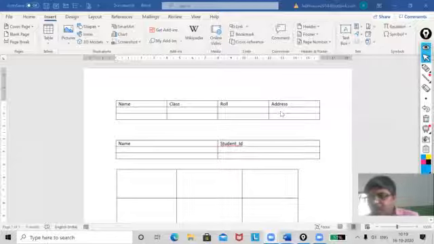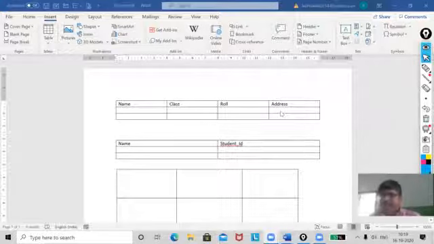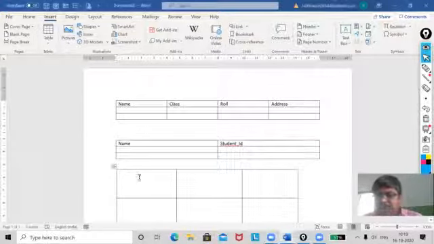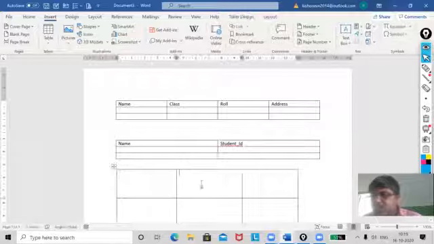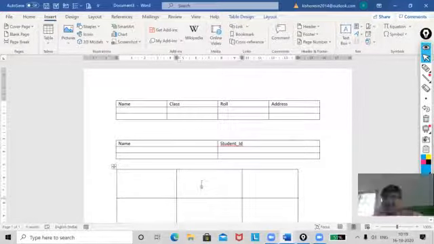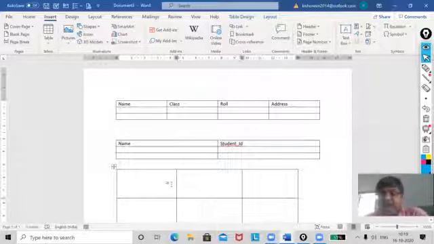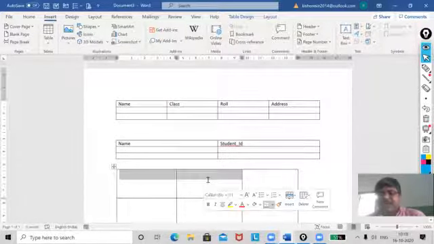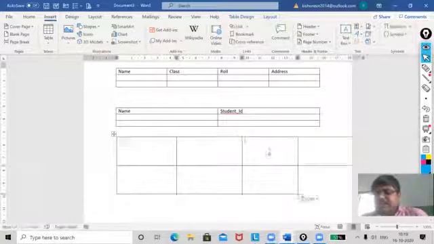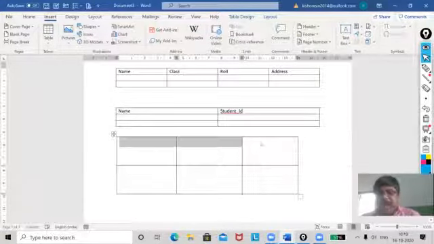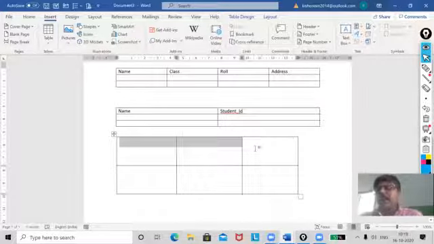Now, suppose I want some merging. That means I want these 2 cells to be a single cell. What is my question? I want these 3 cells, because I want a big value, or I want to have a heading for this.